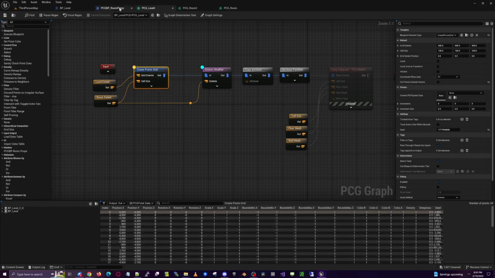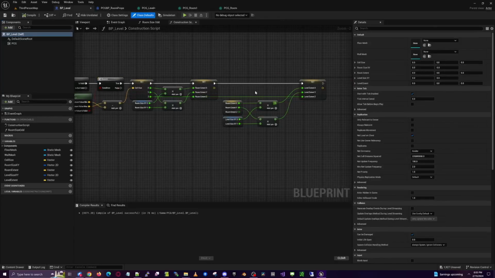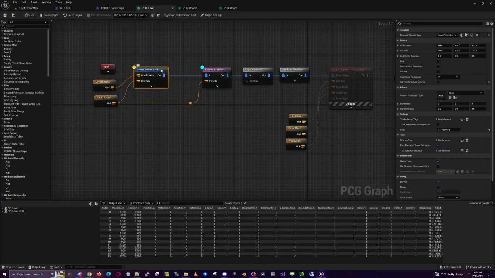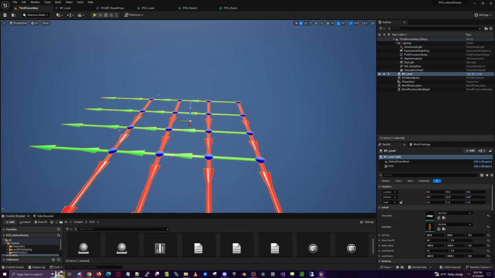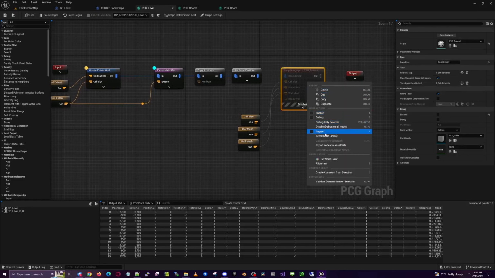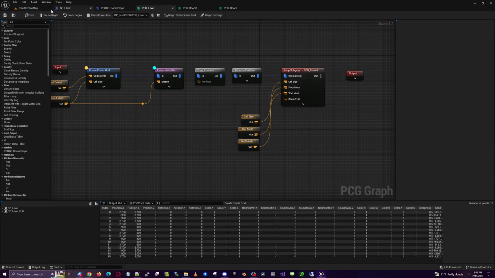So what we actually want for our level extent in our BP level is half of this. So I'm just going to divide this by 2. Now if we look back at our create points grid, once we get this refreshed, we can see here that now we only go up to 2700, and if we look back at our output grid, we see 4 points. So if I turn this loop subgraph back on, which I disabled for testing, and regen this level,